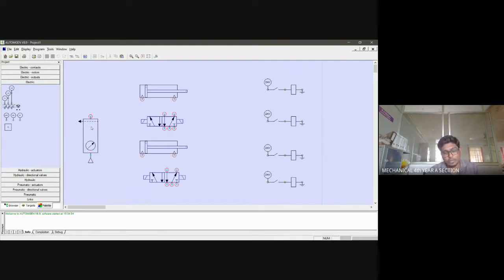Next we have L. L is a lubricator. Since we are using a moving piston over here, there is a possibility, because no lubrication is available here. The pneumatic system completely works with the help of air only. Due to the movement, the piston is connected to the walls of the cylinder. Due to rapid movement, the cylinder walls will get heated up. If it gets heated up, the piston walls and the piston head will get damaged.